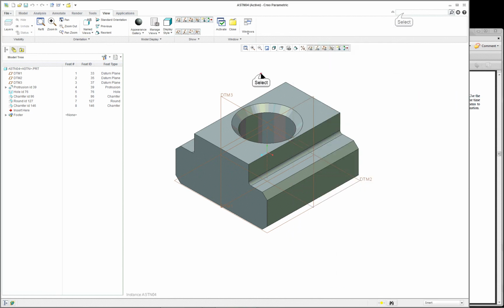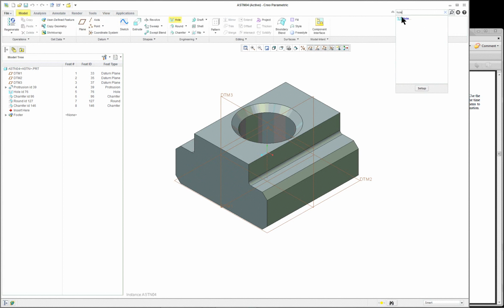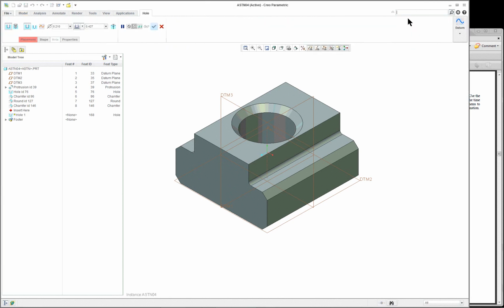Our help center. Now we talked about locating a command. Let's try hole. Click on hole. See how it highlights in yellow over here? It'll initiate the command for you. So for instance, I'm going to pick on this face right here, and I'm going to take a drag handle and select the top face, and take the drag handle and go over to the datum plane here. And then I'm going to move the hole